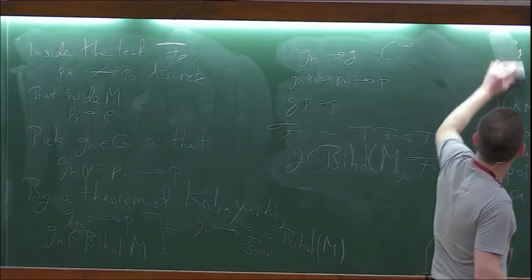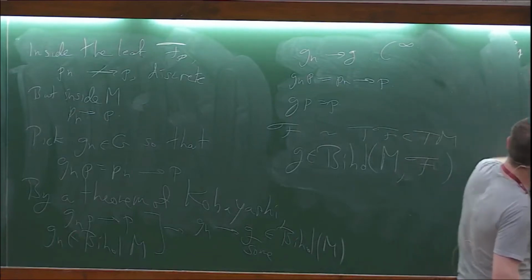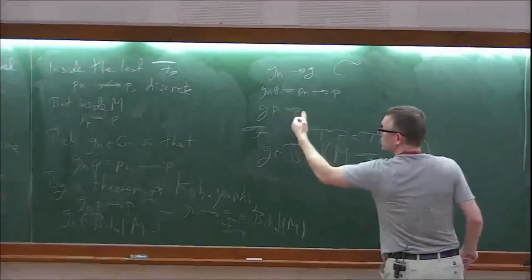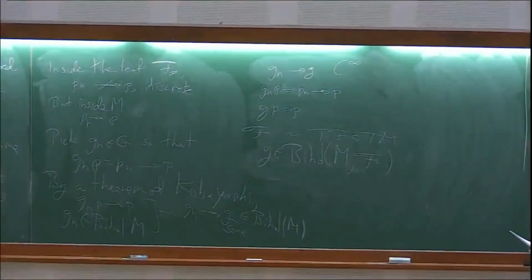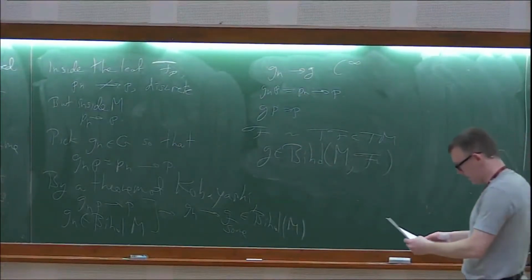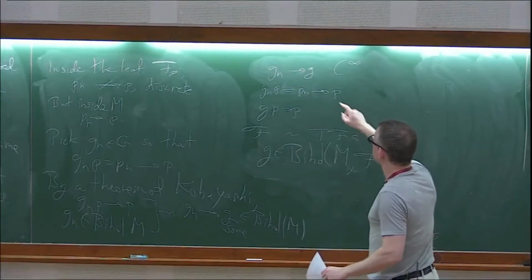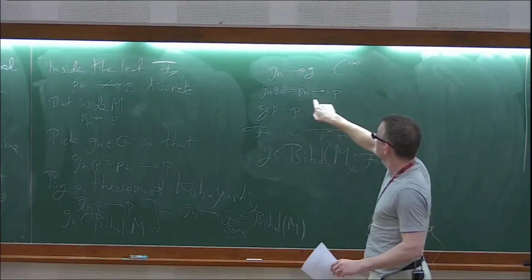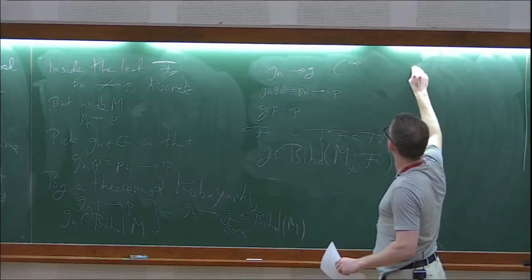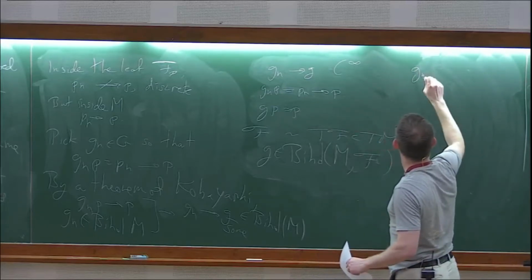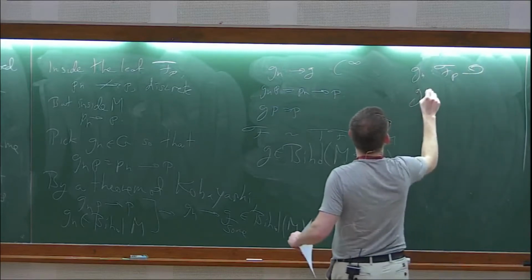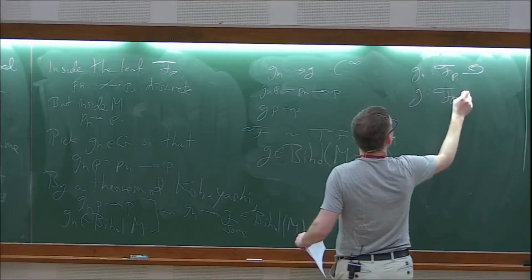So we get an automorphism of the foliation, which fixes a point. So we get this rather remarkable object here. Okay, so what have we got? We've got the G_n approach G uniformly on compact sets, and so the P_n approach P, which means that the G_n, now the G_n take the leaf to itself, and the G takes the leaf to